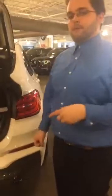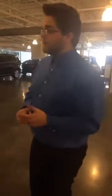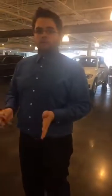Is there anything else that you think everyone should know about this car? Well, I think everyone should know that this is a performance vehicle. But with performance vehicles, like BMW always does in their cars, they have lots of creature comforts, like the trunk. It has comfort access. That's a very familiar term to anybody with a BMW that has that option. So you have keyless entry access on all the doors, as well as the trunk. You can actually kick to open and close the trunk, not just use the buttons. So if you have your arms full of groceries or